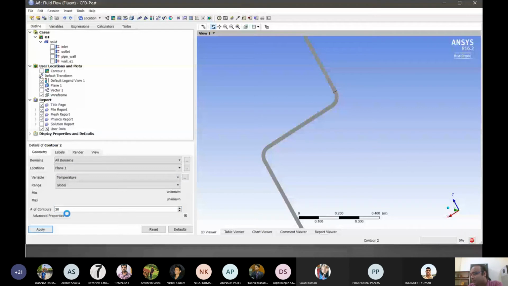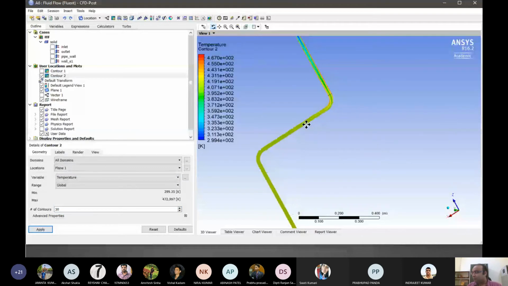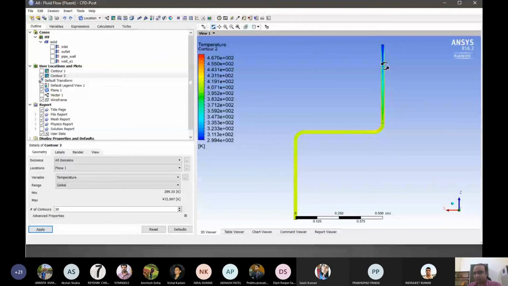So now, if you see the top portion, let me zoom in.